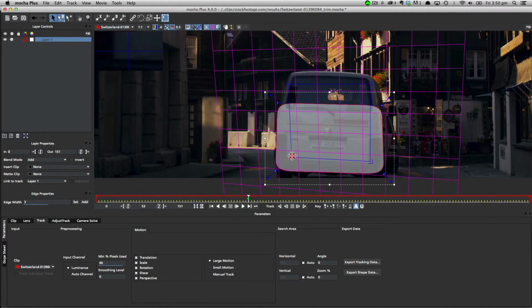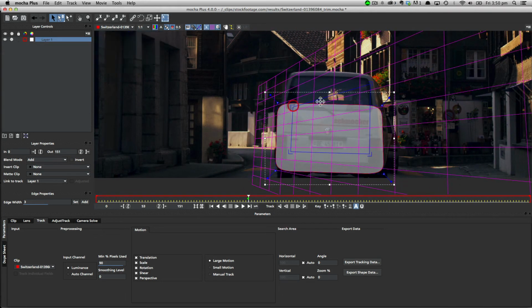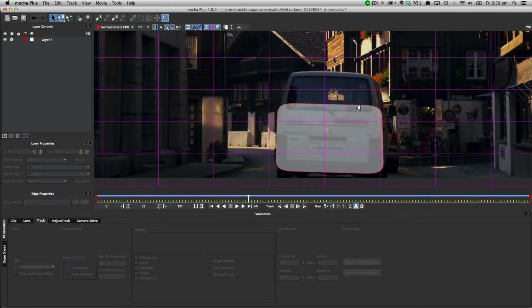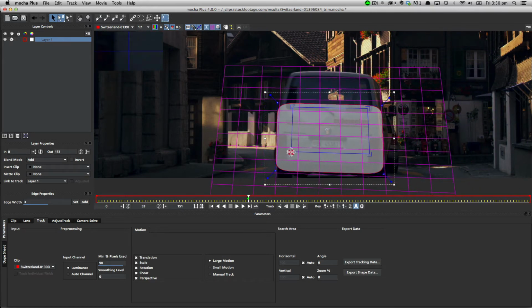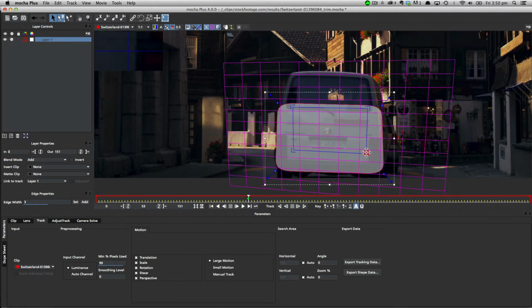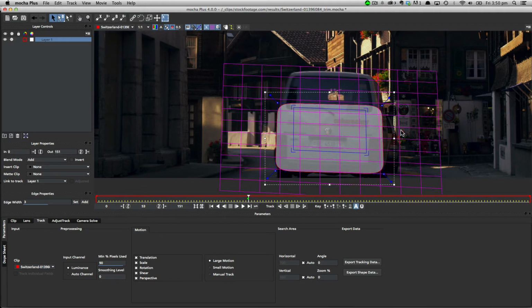Now, the surface and grid is usually used to check your tracking data specifically so you can line up tracks a bit better. But I'm using the tracking surface and grid here just to make sure that the track is looking okay. Because when you're tracking with large roto shapes, often it's actually hard to see whether that track is going well or not, because you've got very large motion and very subtle things can happen without you seeing them. So I'm keeping this grid here so I can actually just keep an eye on how that track is moving